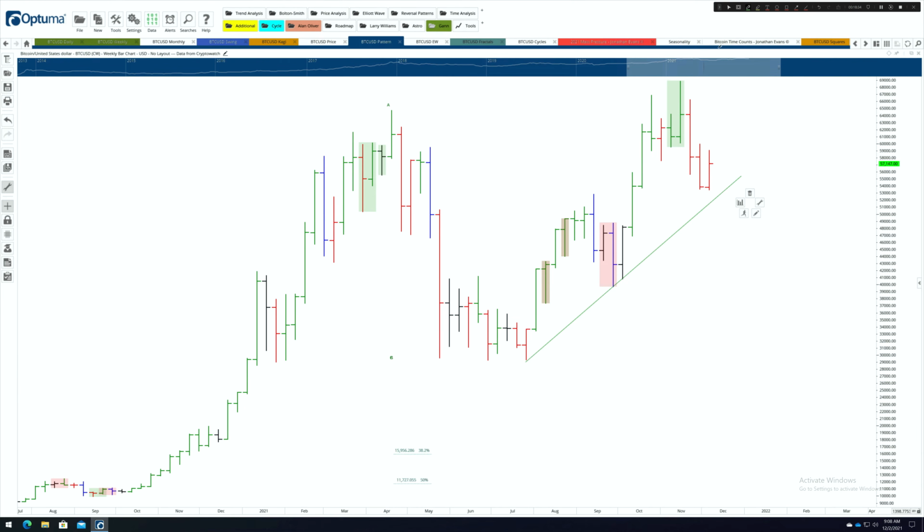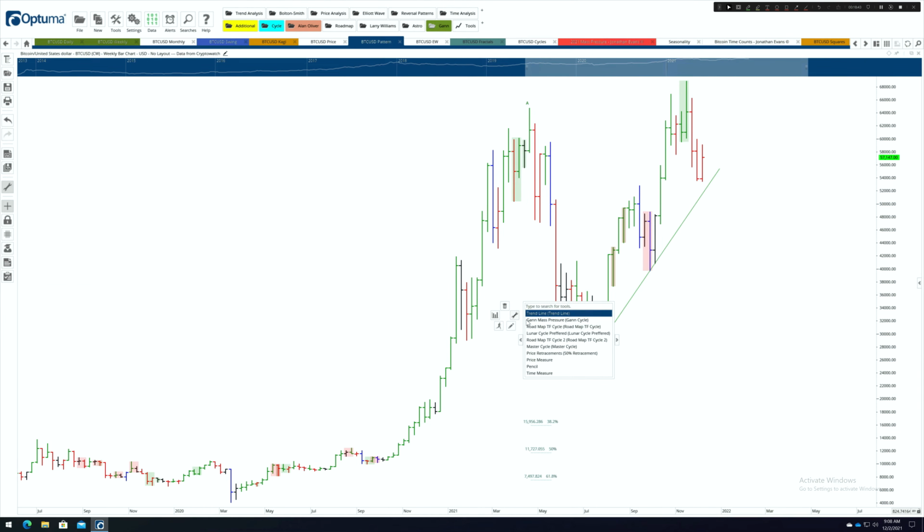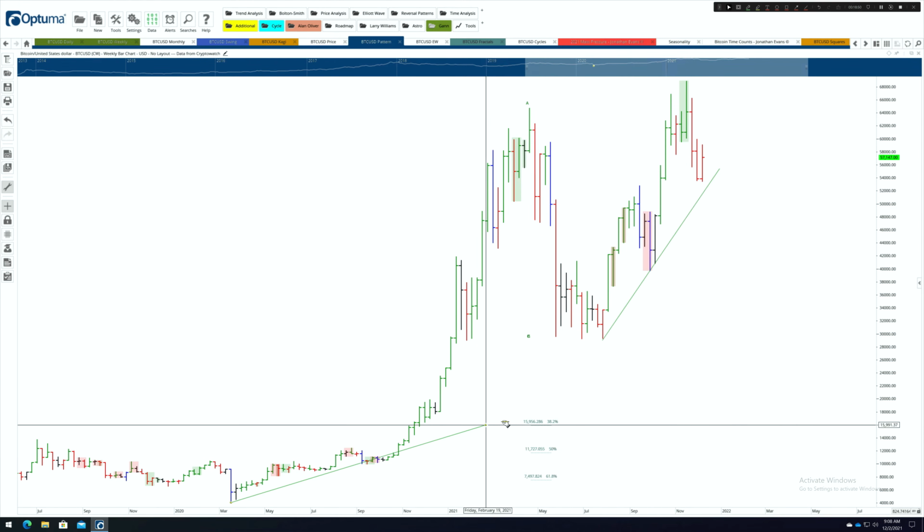So what do you do? How do you get a valid trend line in this run? Well, you have to look back. You have to go back further. Let's go ahead, and I wish this lag wasn't as strong. We have to go back to this low because it's the lowest low on the run, and we have to try and find a valid trend line.